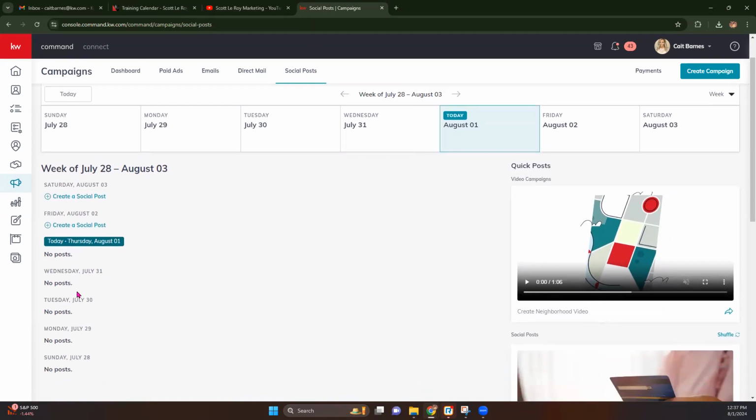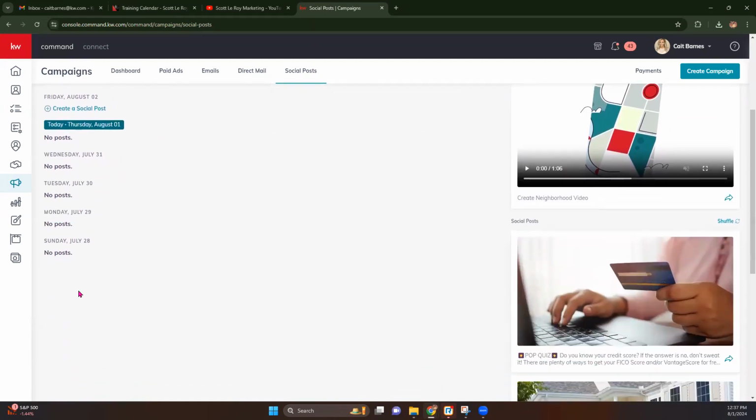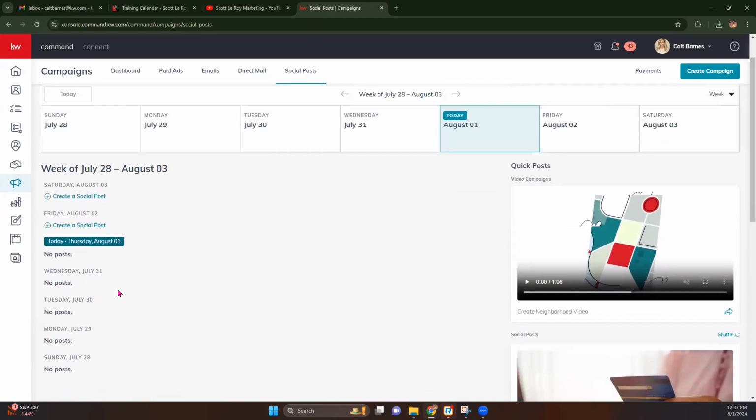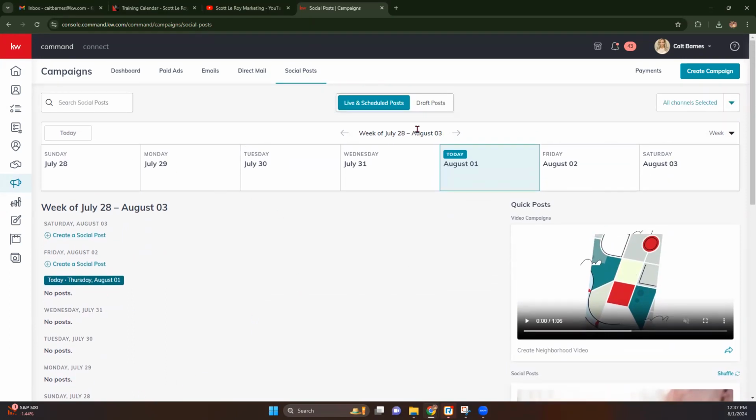Don't generally recommend scheduling out too far, but if you want to create your entire month's worth of social posts, you can certainly come in here and do that. You can also edit them as you do them. But it'll also just allow you to see what you have coming up. It'll allow you to see which channels. So if you're doing Facebook, Twitter, or Instagram,